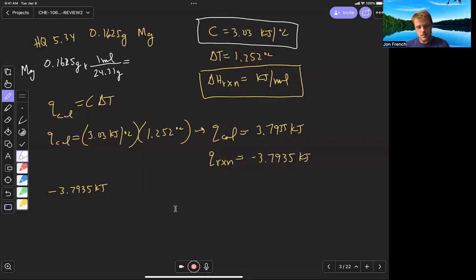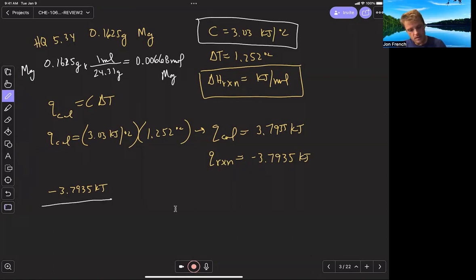So 0.1625 divided by 24.31, get 0.00668 moles of magnesium. So the same as I did before in that previous problem we did. I've got energy. I'm just going to divide by my moles because I'm looking for kilojoules per mole. So 3.7935 divided by that, and I'm going to get a negative 567.5